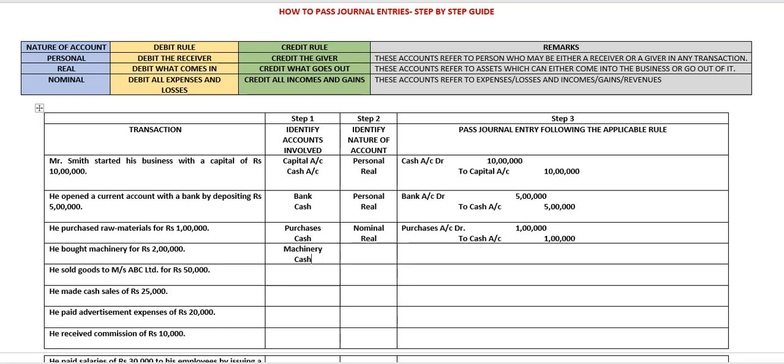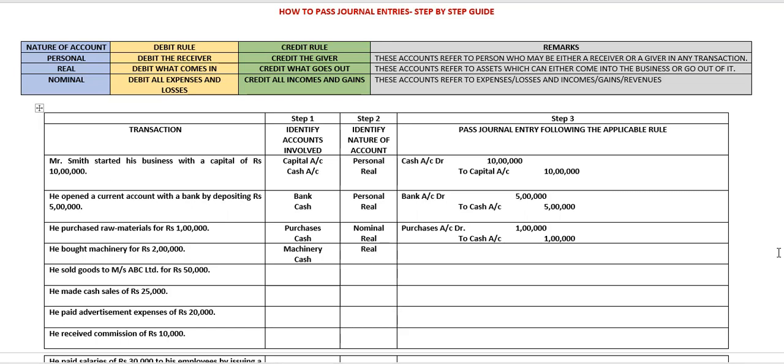Now we have identified the accounts. Machinery, being a fixed asset or a real asset, is a real account, and the rule for real assets is: if the asset is coming into the business, debit it. If the asset is going out of the business, credit it. Since the machinery is coming into the business, we will debit it. So the account is real,